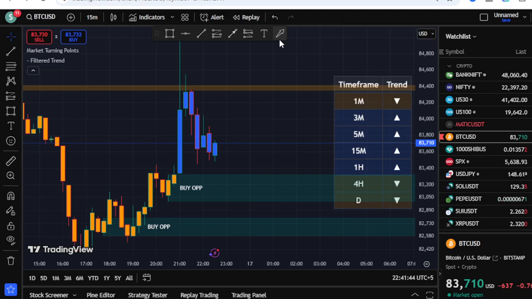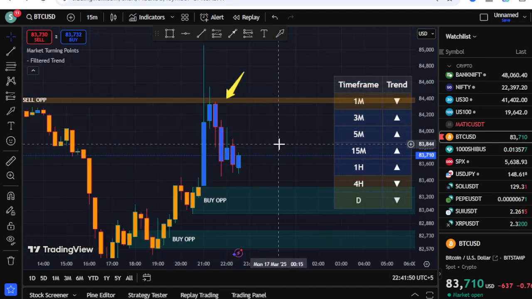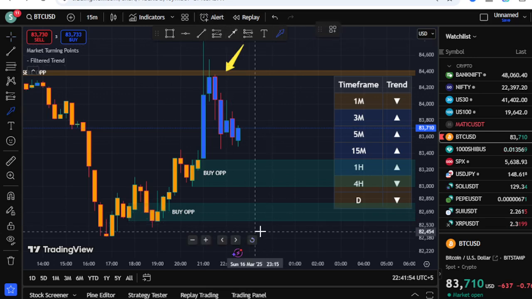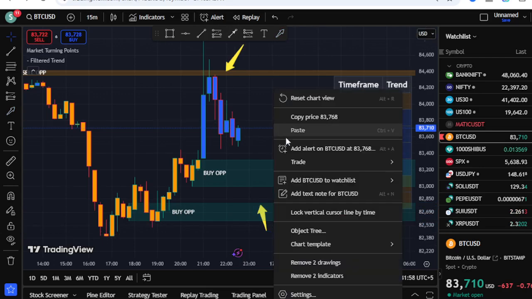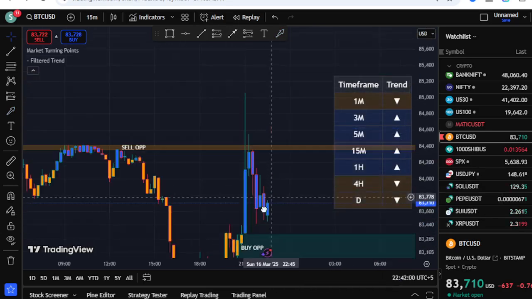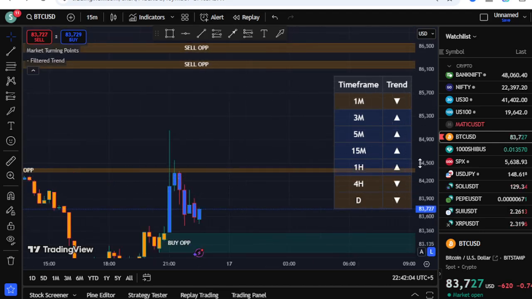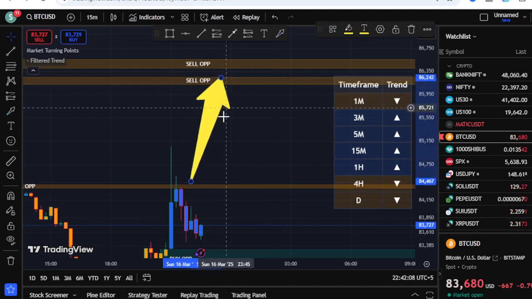Okay, right now, as you can see, Bitcoin has received the rejection from here on the 15-minute chart. So it has already been rejected, and our proper support level that is available here is at 82,530. And right now, if it breaks this level, that is 84,500, then it can target the proper selling level that is available at